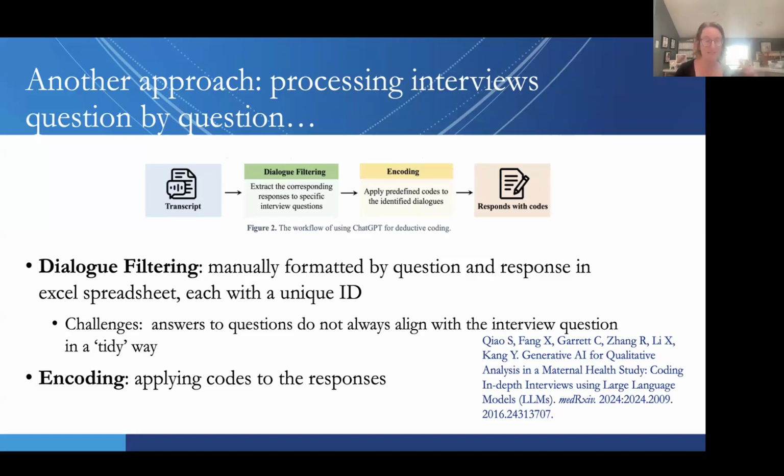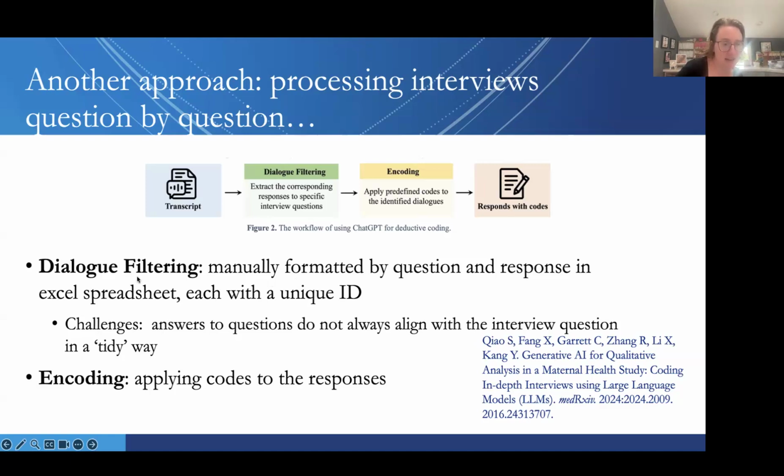Instead of feeding GPT the whole transcript, they processed it in what they call dialogue filtering. So instead of just going, here's a transcript, go, it said, here's question number 1 and the answer to question number 1, and they copy that into a spreadsheet. And here's question number 2 and the answer to question number 2, and they copy that into a spreadsheet, and so on and so forth. So it's not just a free-for-all, but it has a little bit more structure. And the question, of course, is whether or not that is useful for AI to do a better job. Also want to point out that this is still a preprint.